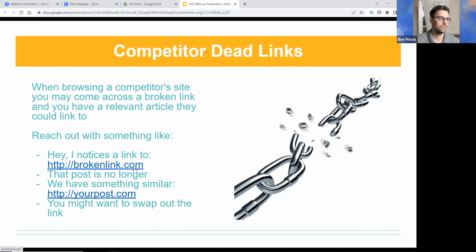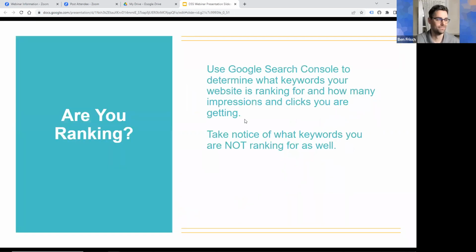And these are active, and I clicked on it and it's like, yeah, it's not actually a real site, brokenlink.com. Oh, actually there is something there, but it just says broken link. So next we want to talk about